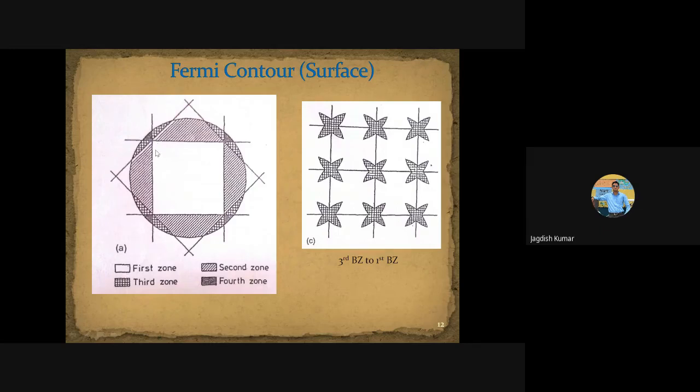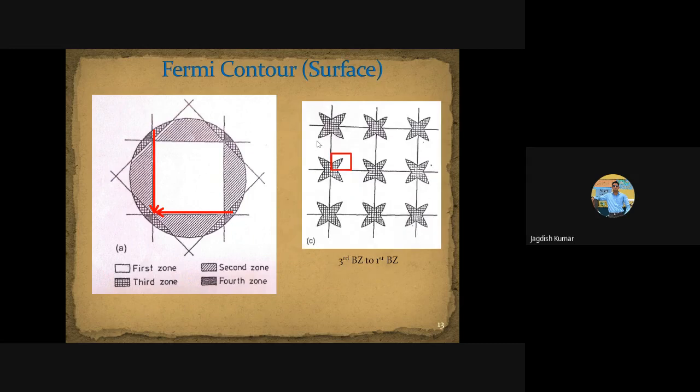And this point will be somewhere here, and so on. This whole triangle reaches somewhere here like this. You have to see this triangle would be coming like this. Fine. And if we bring all those back, this triangle will be coming here, a triangle here will be coming to this point, this triangle will be coming to this point, and ultimately this is what you see. That is how to get the third Brillouin zone into the first. So this is the first transformation, and second transformation, this part. When you bring this here and this here, this is the portion you are going to get out of it. Correct? Similarly, if you try this one, this is the portion you will get.